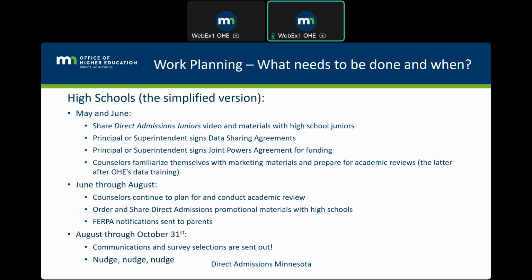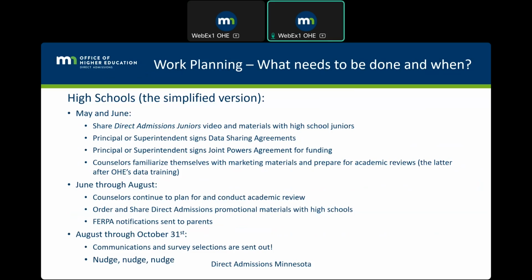And then lastly, for May and June at least, being able to familiarize yourselves with all of the awesome marketing materials and information that we've provided, including our many trainings on how the program is run, conducted, and operates at the outset of fall. For June through August, you can continue that research as you have time.